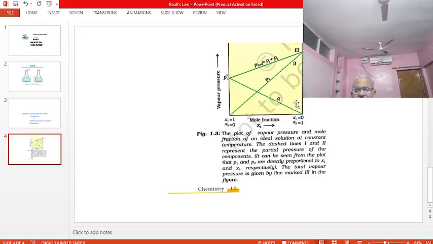If there is a deviation from the ideal situation, there would be a deviation in this curve, and we will learn that later on. Those are very important discussions. Questions are often asked in CBSE: describe the deviation graph for the non-ideal solution. There are two conditions, two different graphs to be learned, and we will learn them in the next discussion.